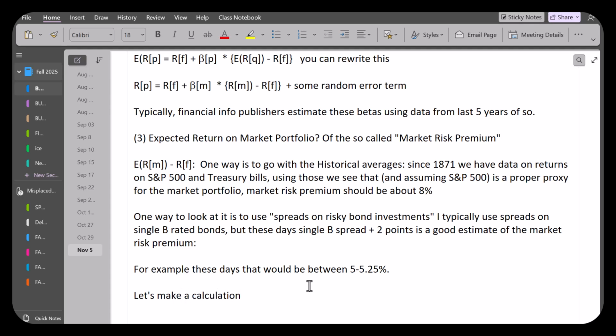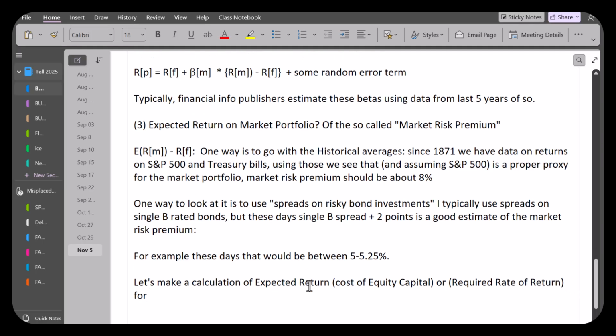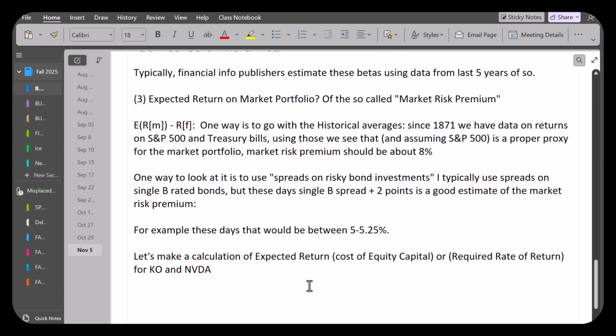Expected return, or cost of equity capital, or required rate of return for Coke and NVIDIA. Coke, beta of Coke,